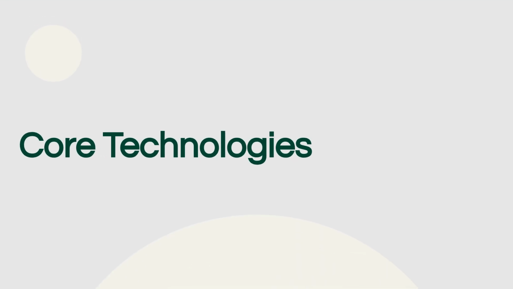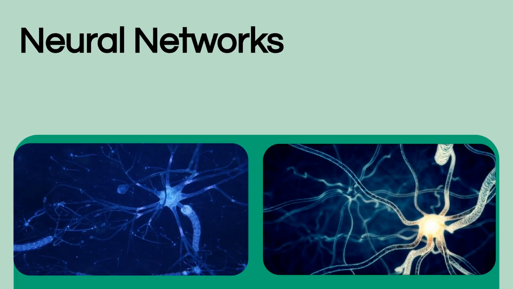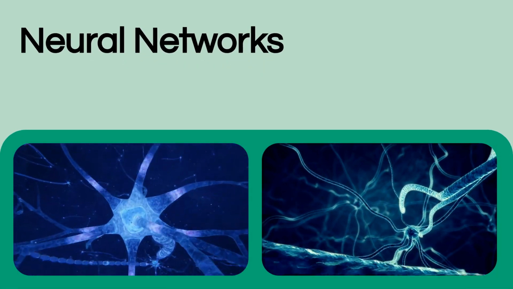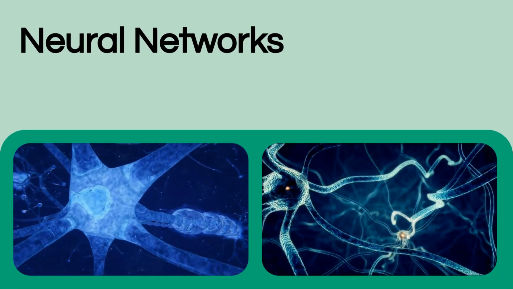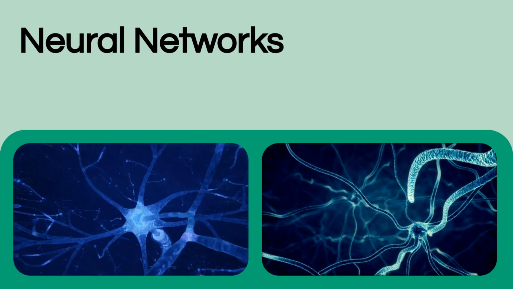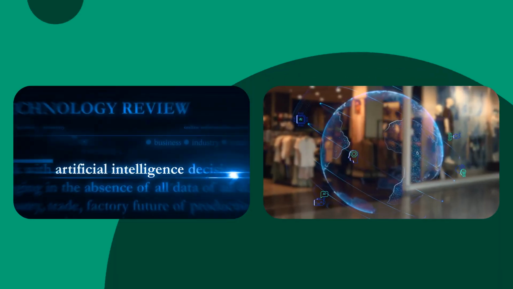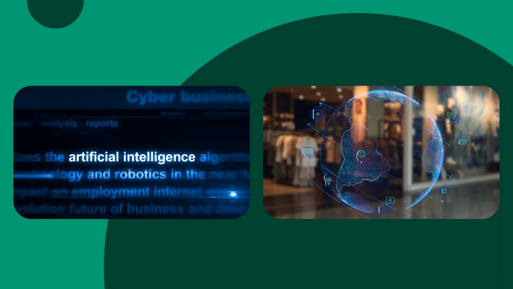Next, let's look at the core technologies that power modern AI systems. Neural networks are modeled after the human brain, consisting of interconnected nodes or neurons that process information and learn from data. Deep learning, a subset of machine learning using multi-layered neural networks, enables advanced applications like image recognition and complex